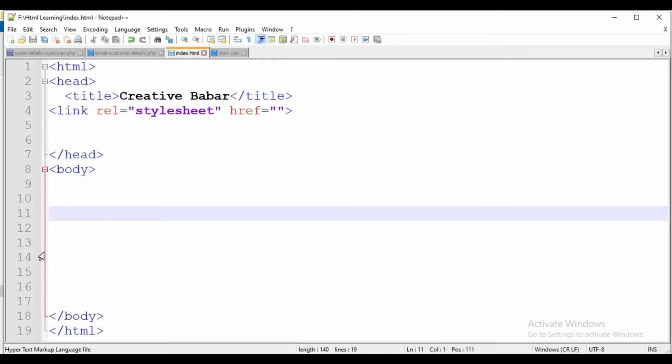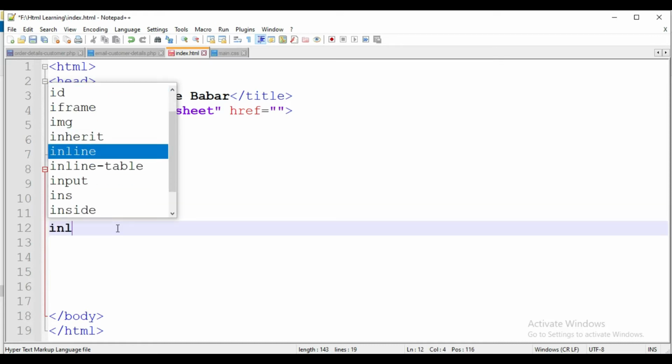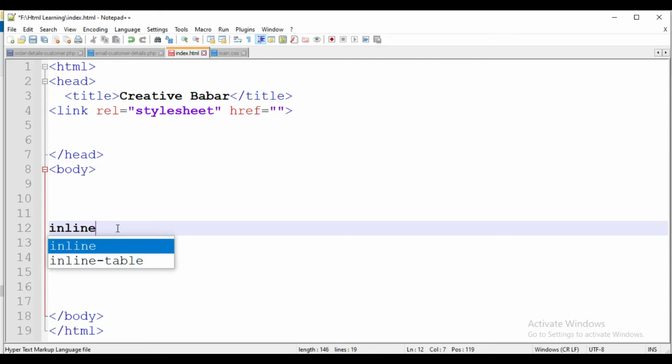Adding style to HTML elements. Style information can either be attached as a separate document or embedded in the HTML document itself. These are three methods of implementing styling information on HTML documents. First is inline style.